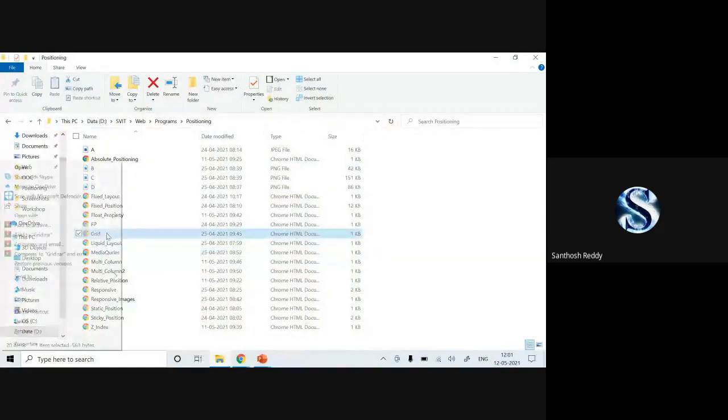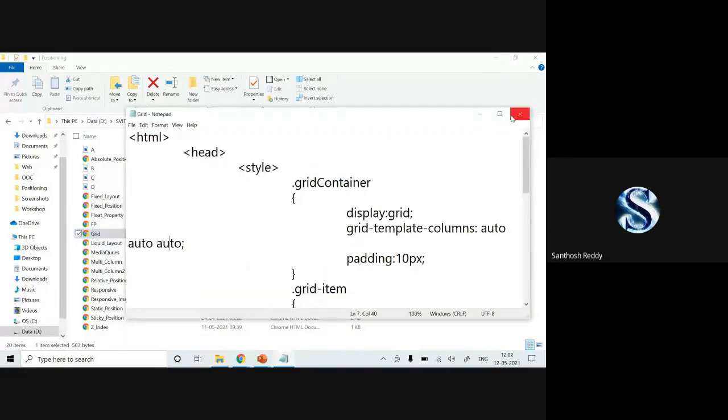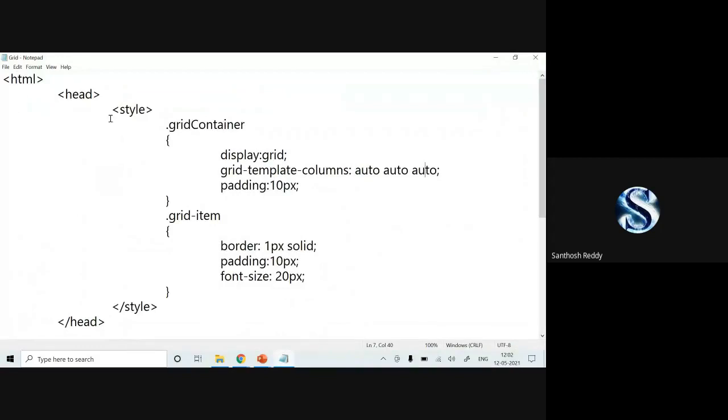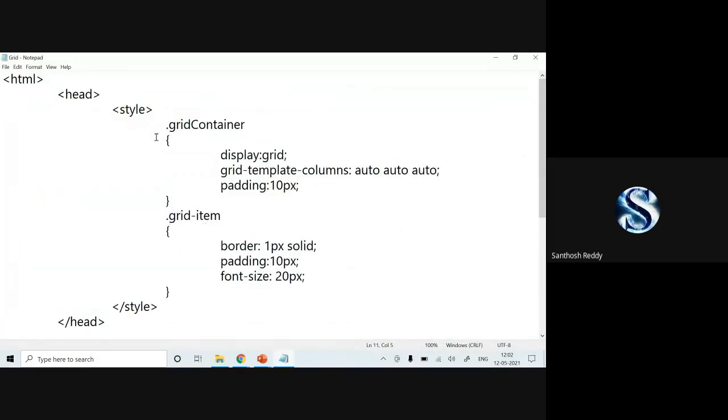Grid. Notepad. See here in the style part what I have done. I have taken one class. In that I have written display grid. I have another property known as grid template columns, for which I have specified auto width, and padding given as 10 pixels.